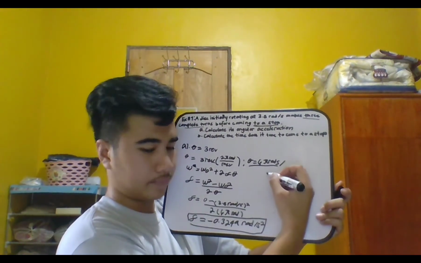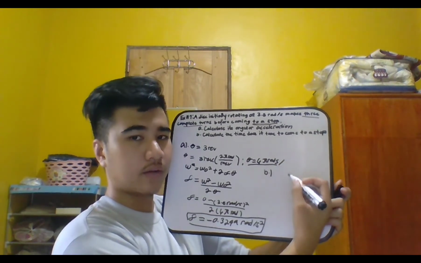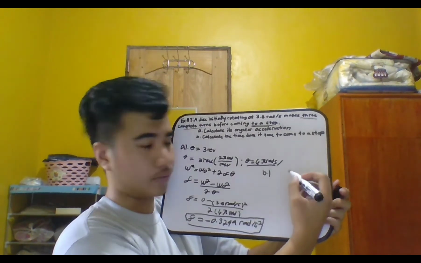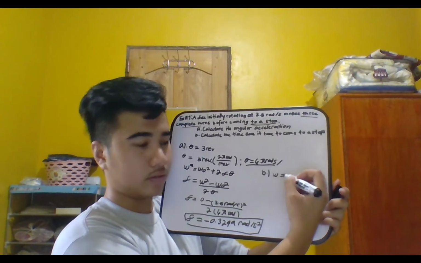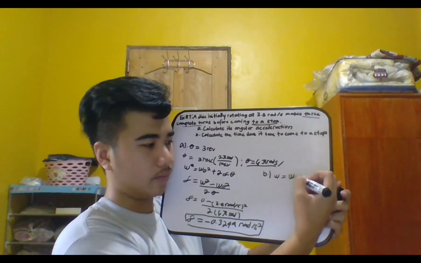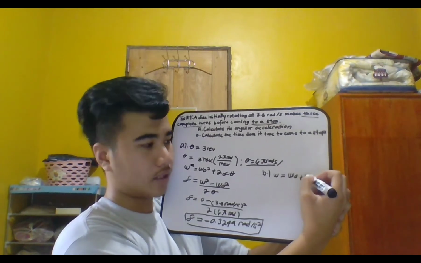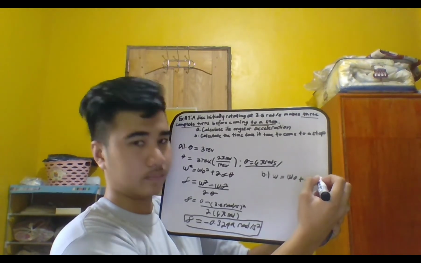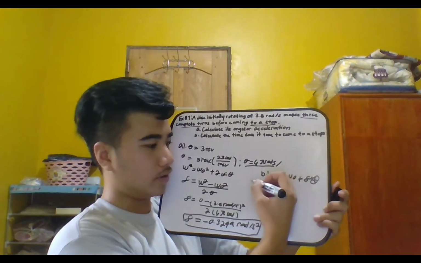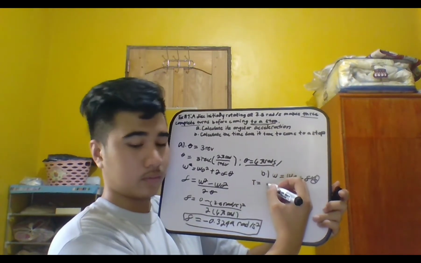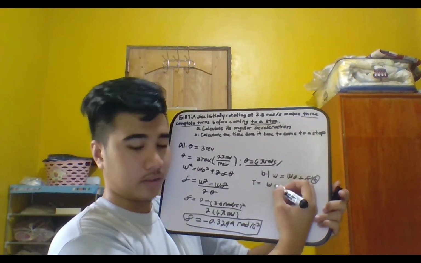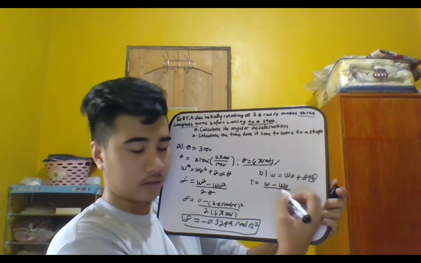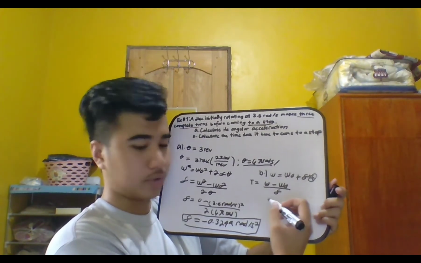For letter B naman, calculate the time it takes to come to a stop, and gagamitin natin yung first equation. So final angular velocity is equal to initial angular velocity plus angular acceleration times the time. Solving for the time, t is equal to final angular velocity minus initial angular velocity over angular acceleration. So substituting the values,